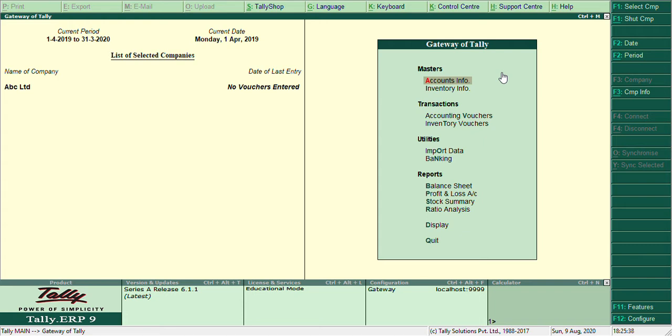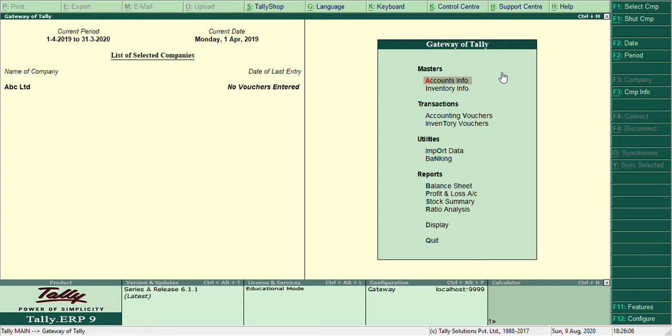What is given in the assignment was to create all the ledgers under the proper group with the opening balances, and some ledgers should be assigned to a group which is not there by default. You may have to create it. So how to do all these things we will study today.